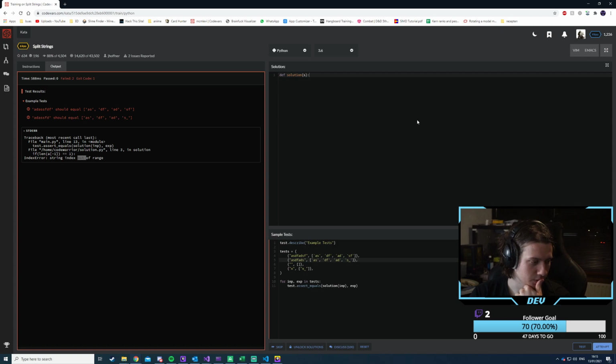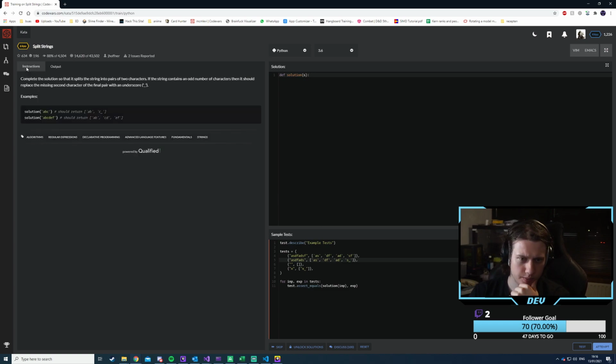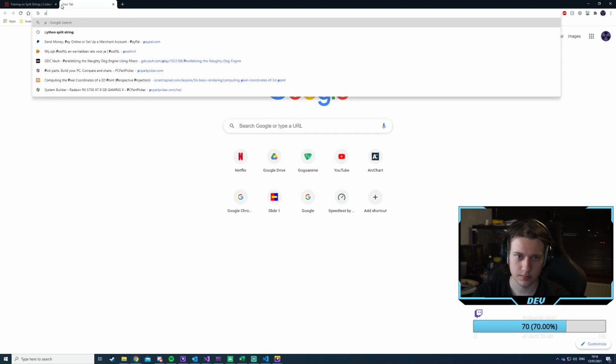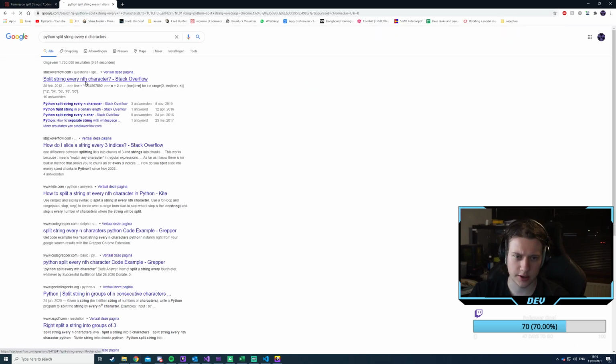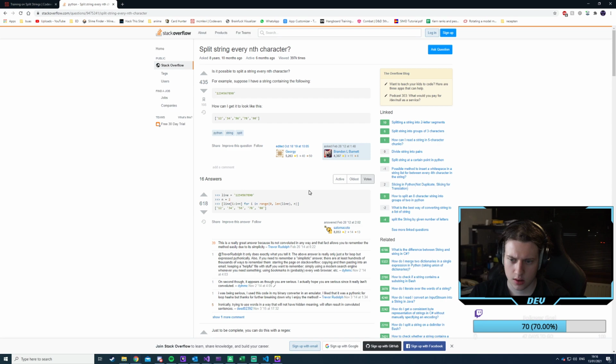What we could simply do is, I'm thinking how we could do this. So the instructions are quite simple, right? We need to split it, but we can't simply use the operators there. Split string every n characters, right? That's kind of what we're trying to do. Oh, okay, right. So we have line. Yeah, so this is the word. N is 2. Okay. So let's just take this.